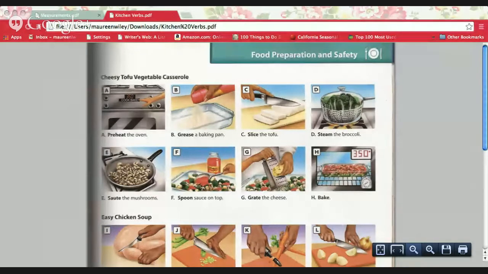Good. So to spoon means you can use a spoon to pour the sauce. You can use a spoon to pour the sauce. And